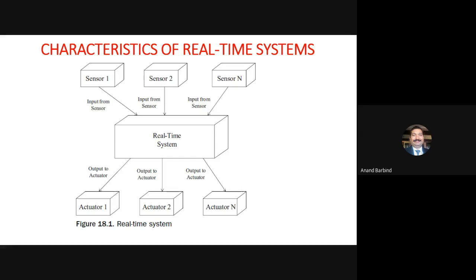Your real-time system shall be receiving the inputs from these sensors. It is concurrent in the sense that it is not just monitoring only what is happening at sensor 1 or what is happening at sensor 2, but